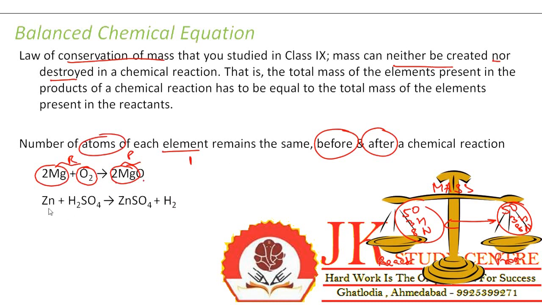Here also we will take one more example. You add zinc to H2SO4, sulfuric acid, you get ZnSO4, zinc sulfate, and hydrogen gas. So here also if you see, the zinc count in reactant is 1, product also 1. The sulfate count in reactant is 1 and product is 1. The hydrogen count in reactant is 2 and product is also 2. So this is also a balanced